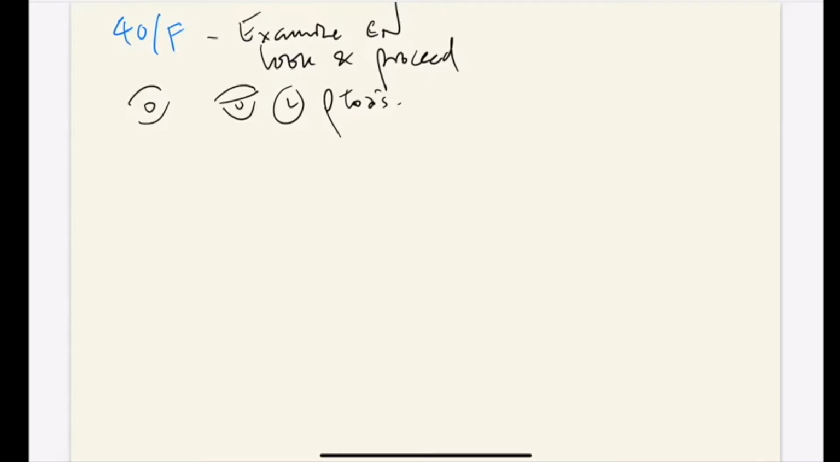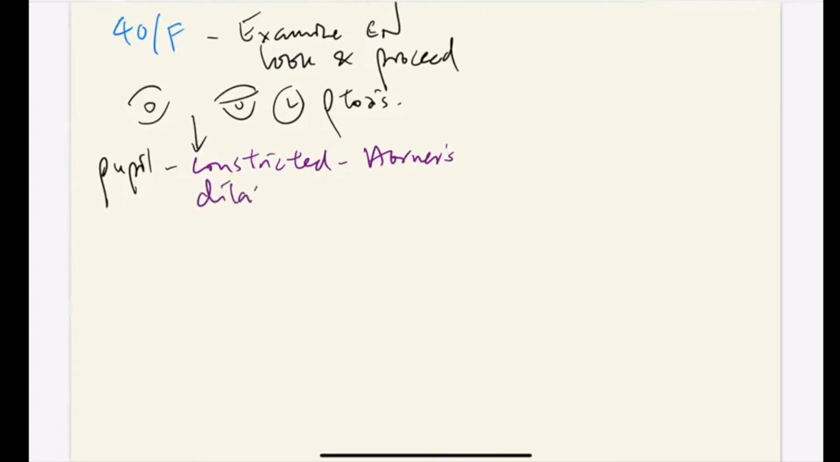When you inspect and you find the patient to have ptosis, what should be done next? The first thing is to examine the pupils. If the pupil is constricted, then you should think about Horner syndrome. If the pupil is dilated, then this will be a third cranial nerve palsy. Or if the pupil is normal,